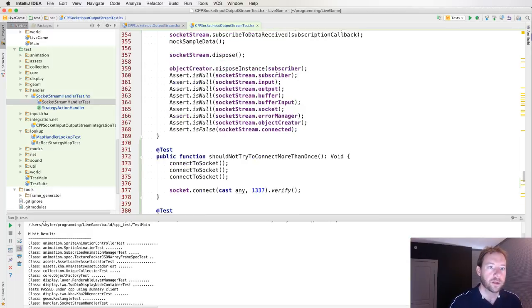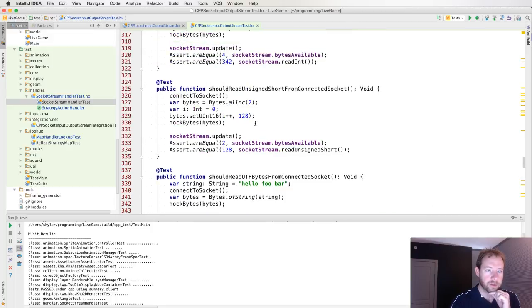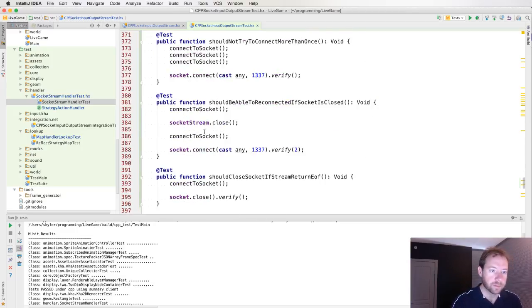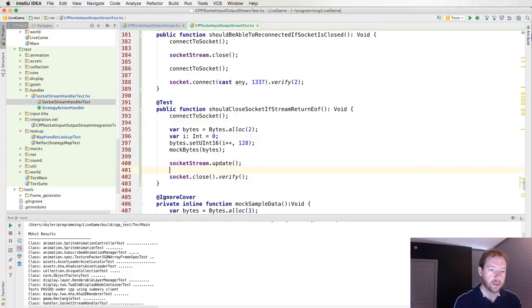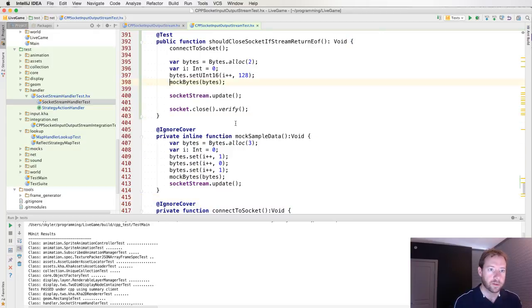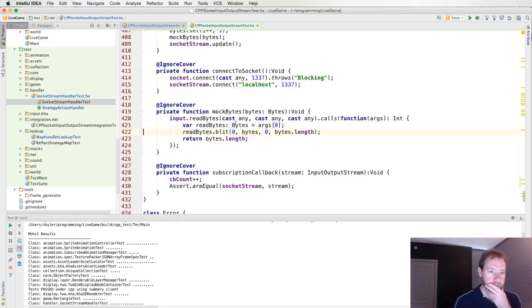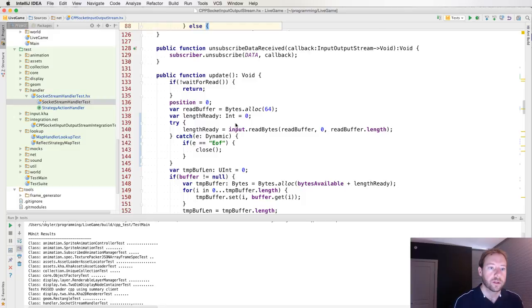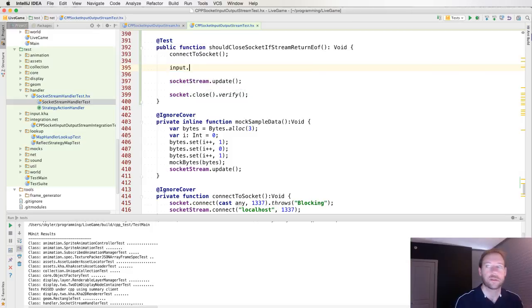And now I think we can actually grab something like this, bytes allocate, mock bytes. We could do this here, and we need to do our, I think it's going to be our input dot